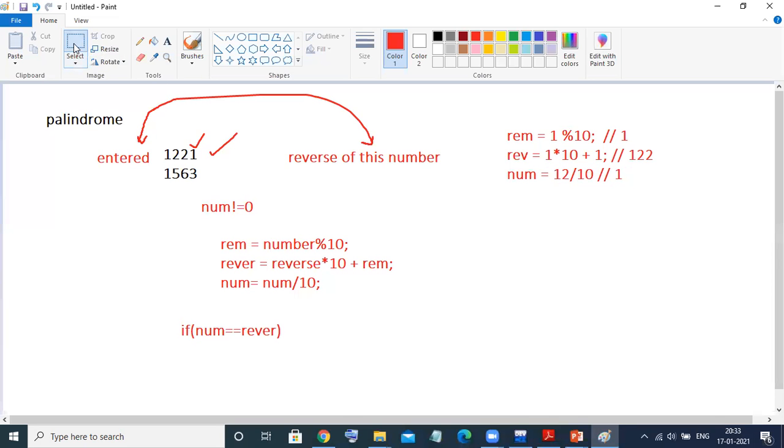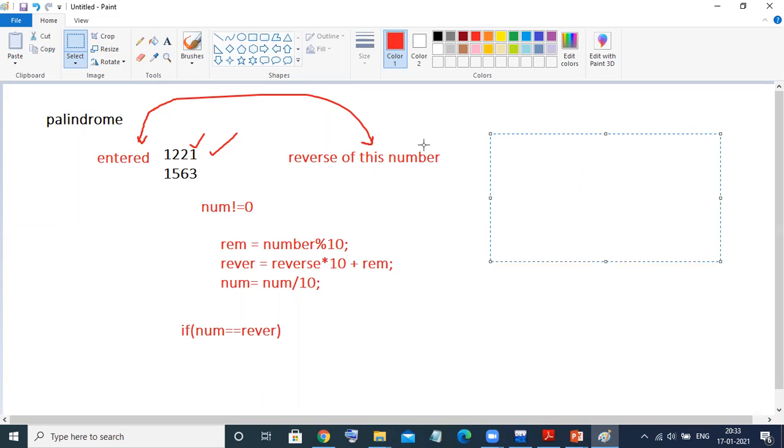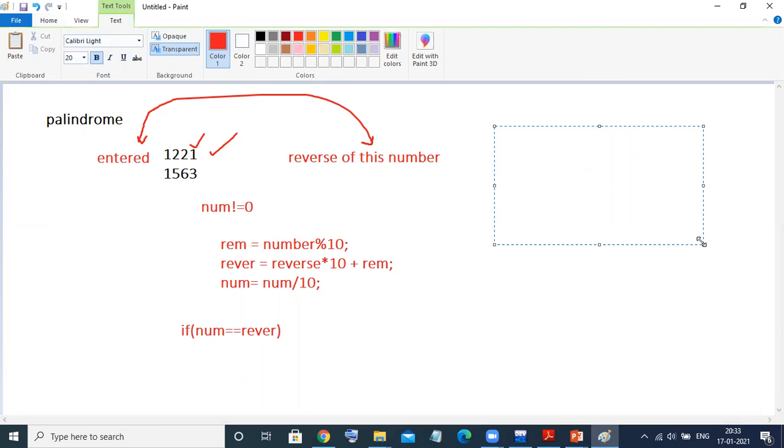We'll repeat once again, okay? I think we have missed one digit here. First we are calculating the remainder, that is 1221 mod 10. In a comment I'll write it returns the last digit.